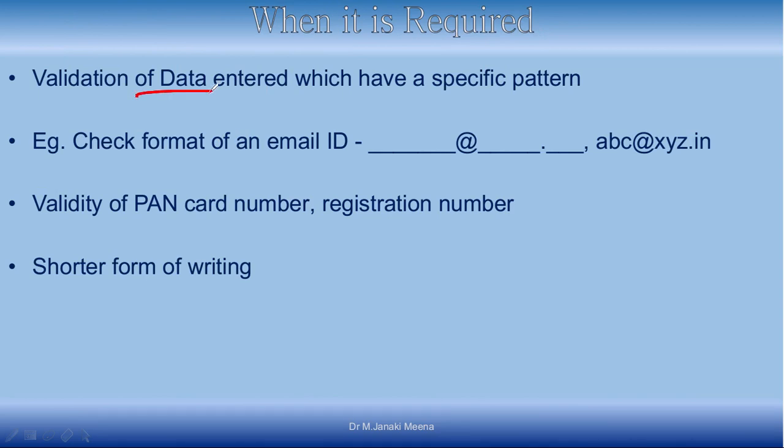When a user is entering data and you have to check the validity of the data, then we may have to go for pattern matching. For example, consider an email ID. We know that there will be some characters, there should be an at sign, some string following the at, and a dot followed by something. There is a specific format for email, right? I will not accept ABCDE as an email ID.